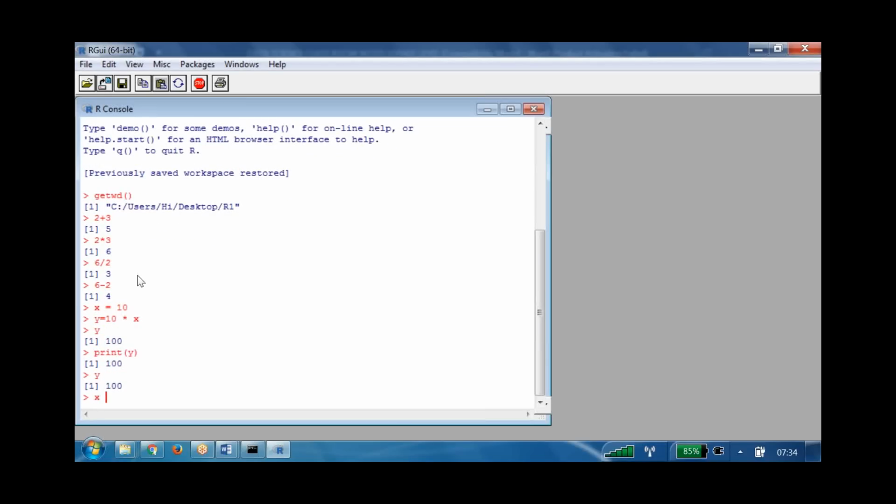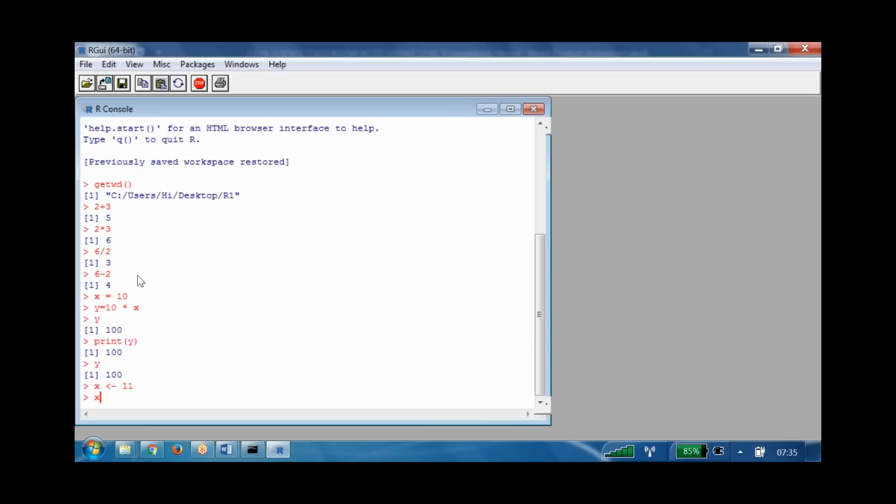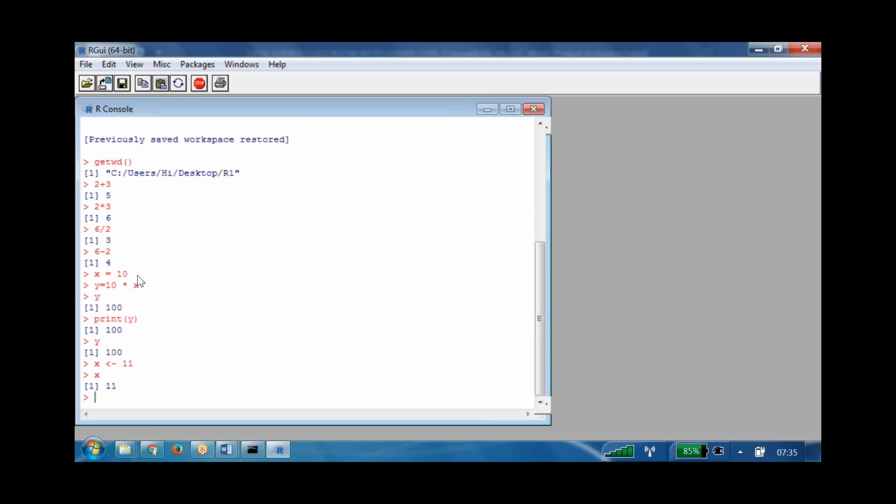For variable assignment, the standard syntax people generally follow is, instead of the equal to symbol, the less than symbol followed by a hyphen. Am I clear?